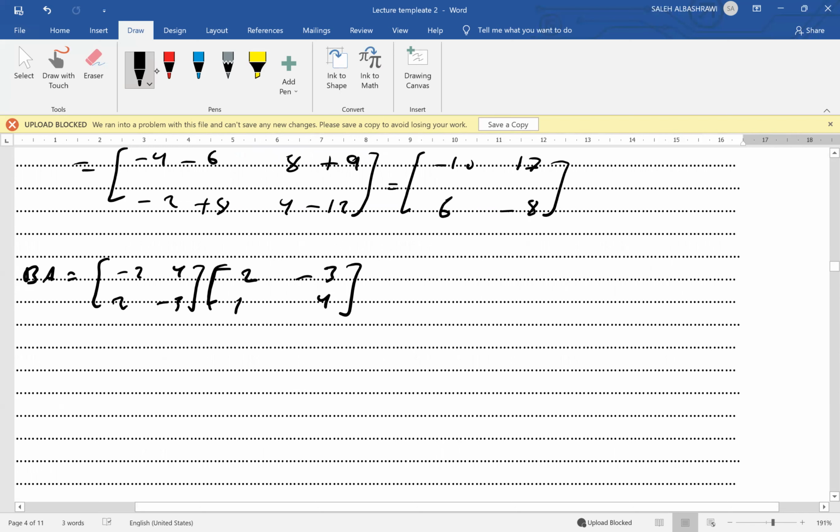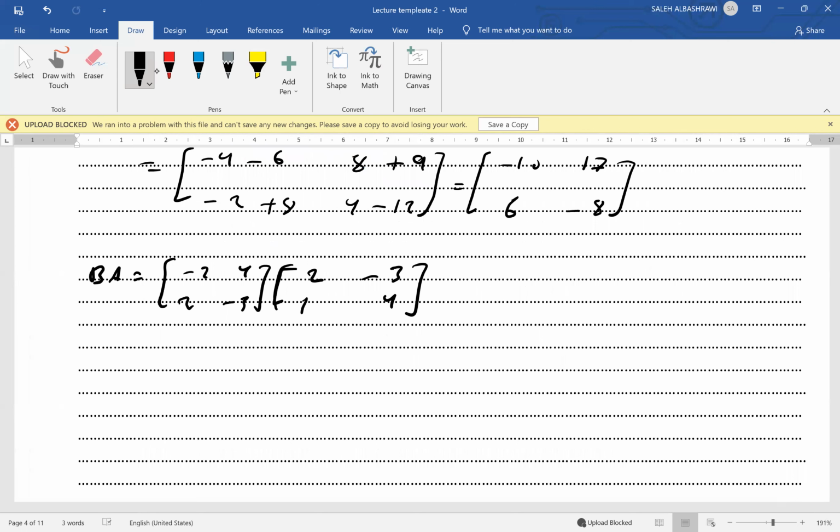Now we reverse the order. We need to find B times A. For B times A, we now start with B and then A. This will give me now is equal to